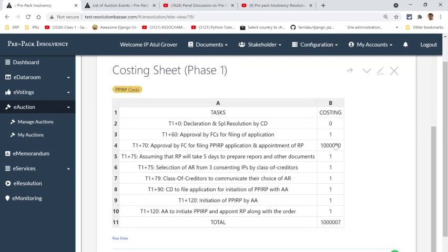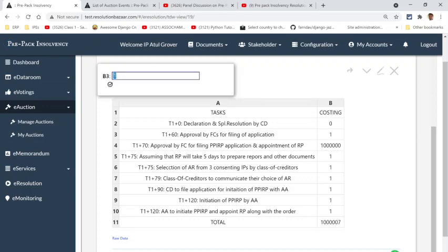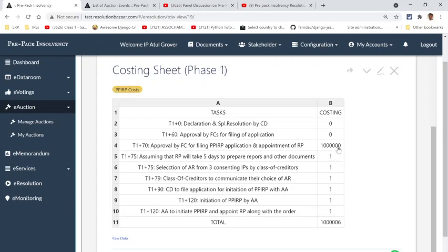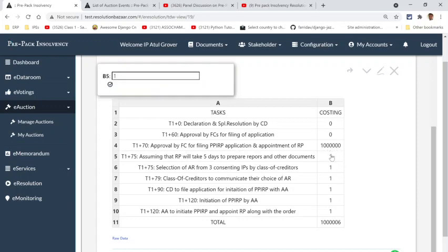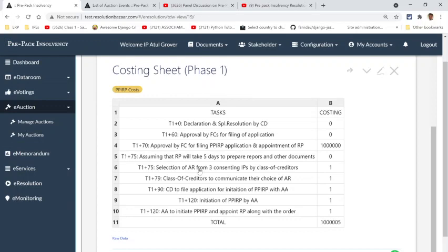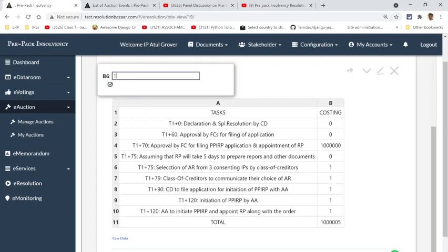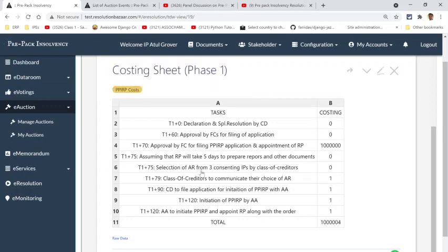So we might as well put in some figures here and see where this goes. Okay, the RP will take 5 days to prepare reports. Fine, he has already been paid for. Selection of AR from 3 consenting IPs. So in case there are home buyers, we need an authorized representative.